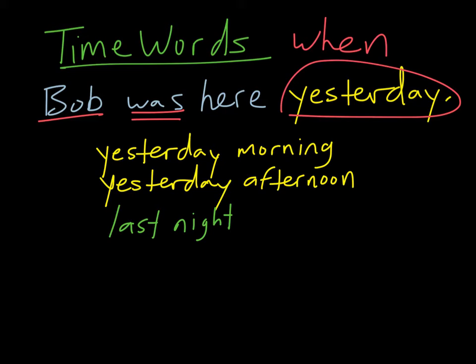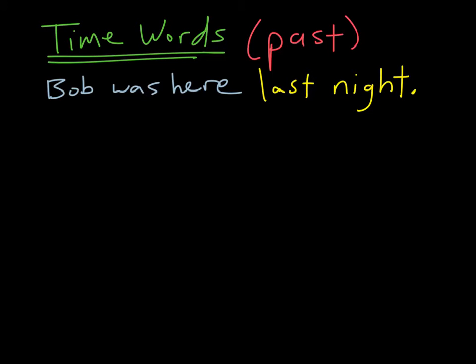Here are some words that talk about the past. Yesterday, yesterday morning, yesterday afternoon, or last night. In this example, Bob is still the subject, was is the verb, but last night tells us when. So you can say Bob was here last night,